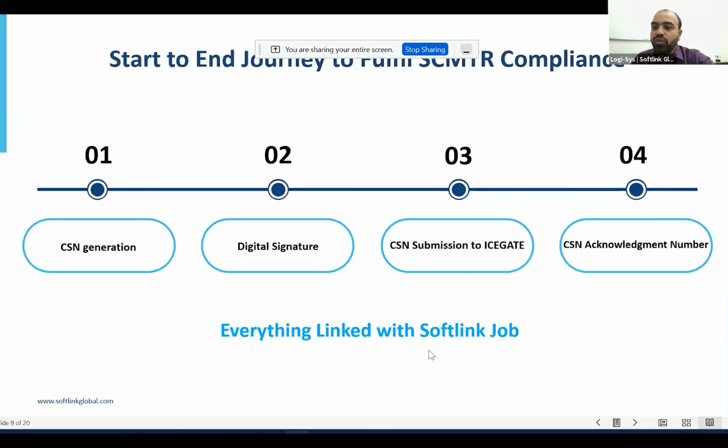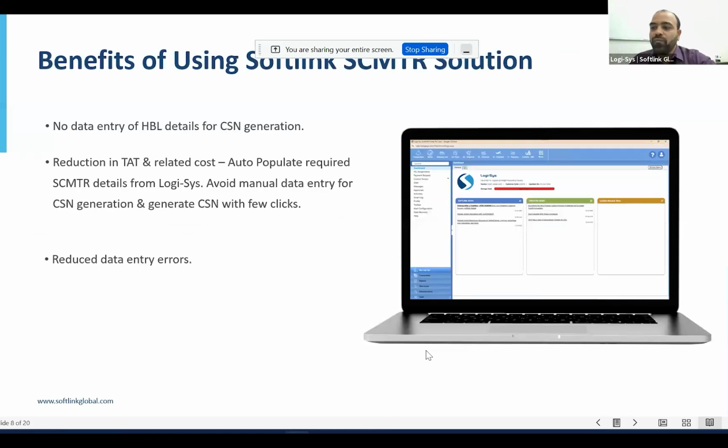So now, what are your benefits of using Softlink? Basically, you must have gone through a lot of other service providers. So let's understand the benefits of using it for the SCMTR filing. Members and participants are already using the Softlink application, like the Logi-Sys application, for filing purposes, for forwarding and custom clearing job creation. So the most important benefit which you can avail